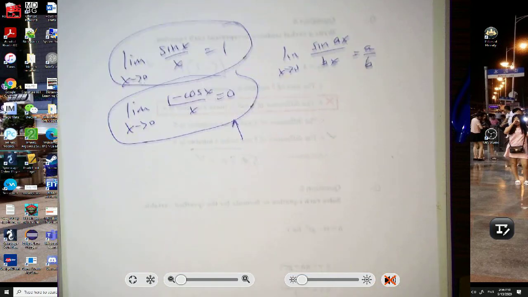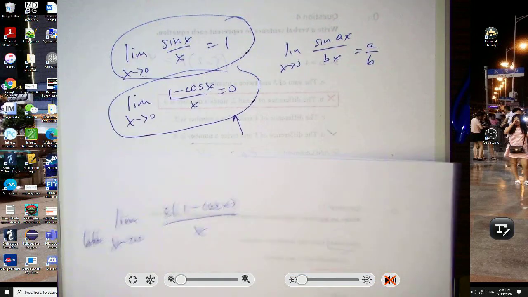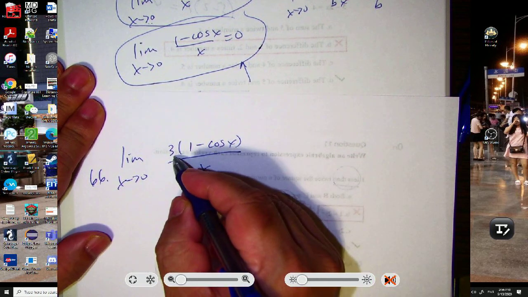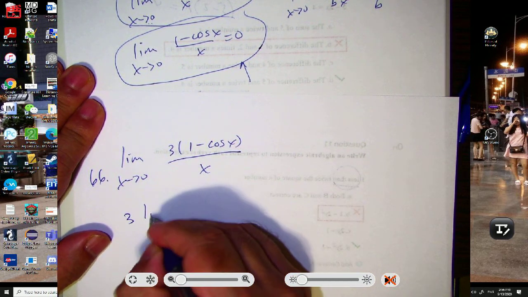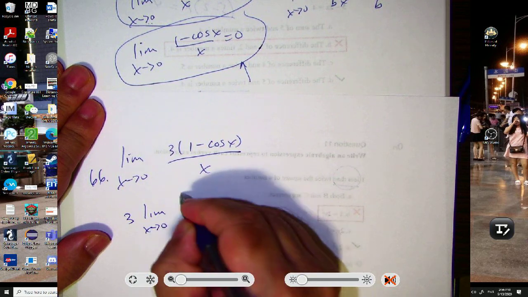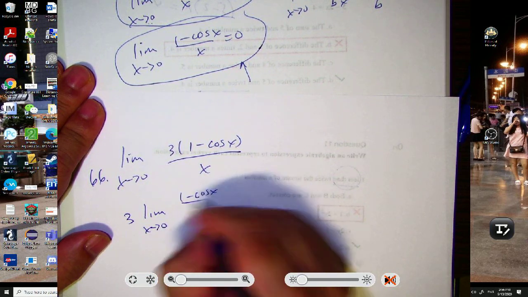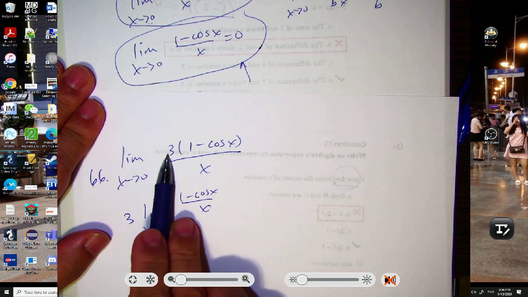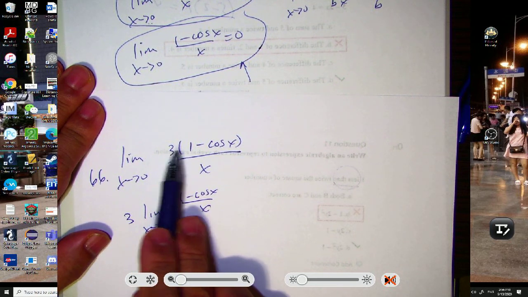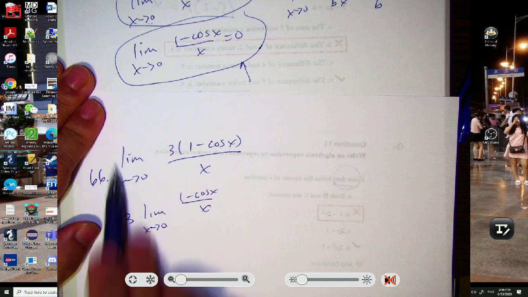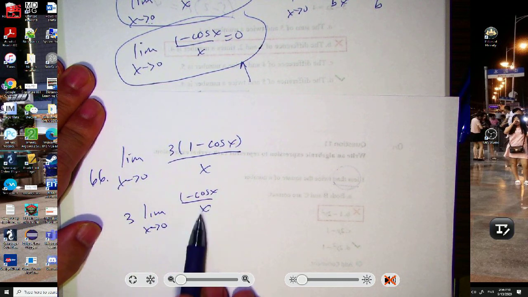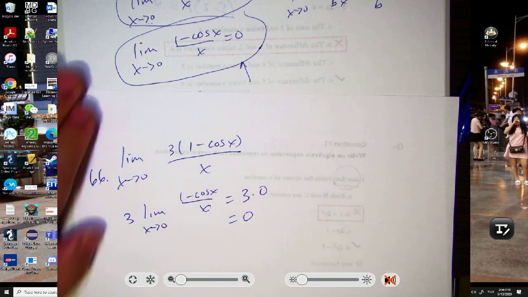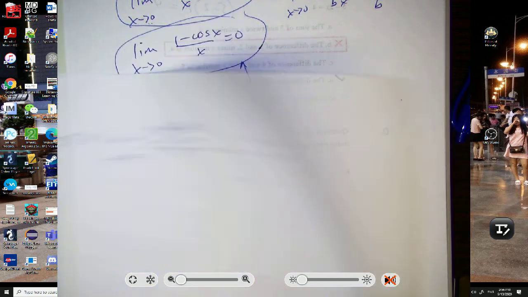So number 66 is using that expression. The 3 is not a variable, so that can actually come out of the limit, and you've got 1 minus cosine x over x. So a limit is kind of like an operation. And 3 is not a variable, and it's multiplication, so you can just bring it out. And so it's 3 times whatever that limit is. Well, this limit is 0, so it's 3 times 0, which is just 0. Okay, that's number 66. And then number 70,